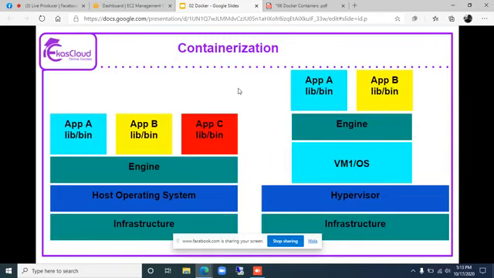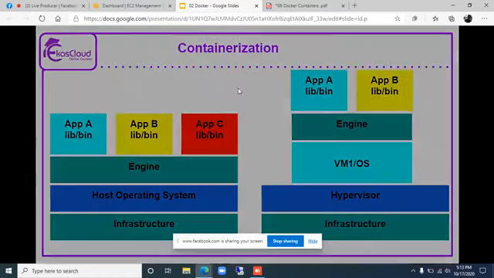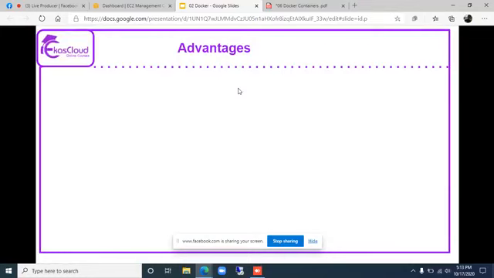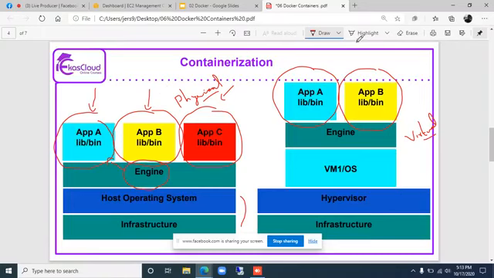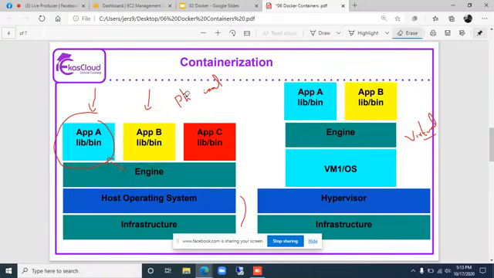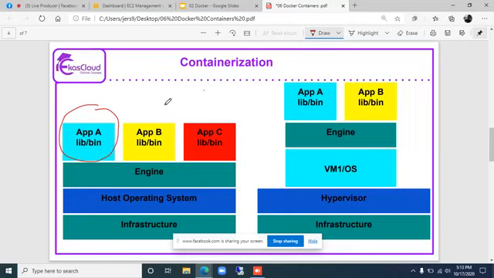And virtual machines will be heavy with their disk space, RAM memory and processing. So now in order to install an application, we're only having a small amount of usage of disk space and RAM memory. These are all the advantages. I have again highlighted the same. This containerization gives isolation from one application to another application.